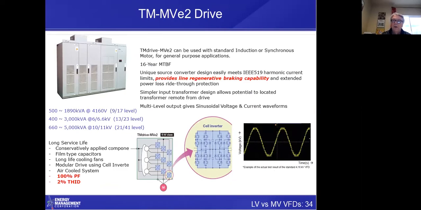Look over here. That's an actual waveform of the output voltage. And guess what? That is a sine wave. That's just as good as coming right off the utility. That gives you a perfect sine wave. You can't get that on a low voltage drive, but you do get it on a medium voltage drive,